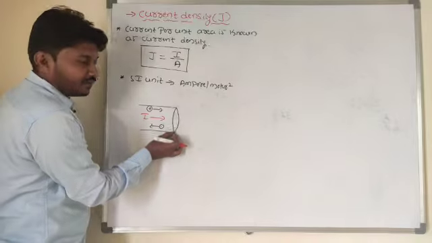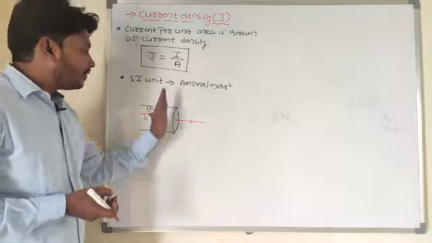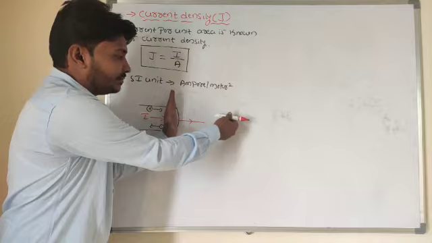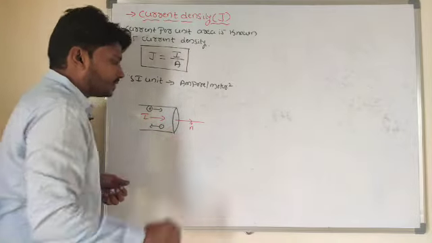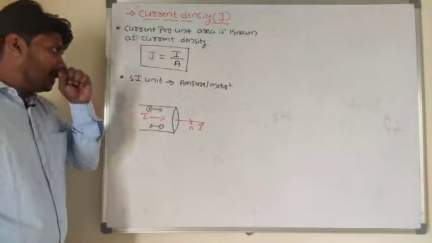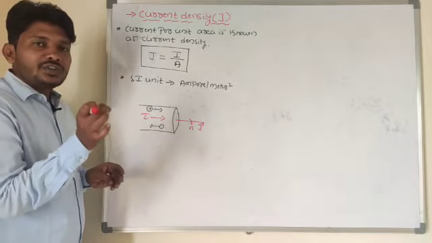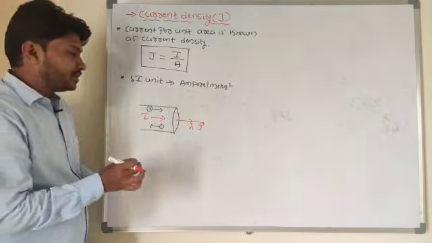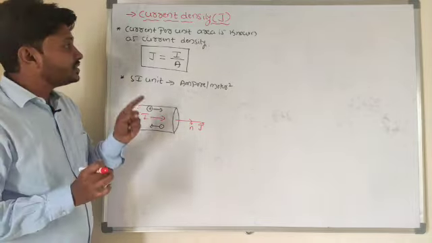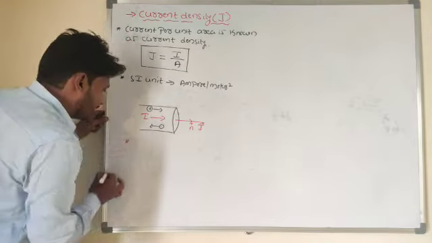For this surface, I will draw one normal line. Say this is the surface, and this is the normal line for it. A normal line is nothing but a perpendicular line, n cap. Current density means current per unit area, as I said. It describes how charges are moving in a particular portion. If the charges are moving in a particular portion, it has a particular direction. So I can consider that current density is a vector physical quantity.